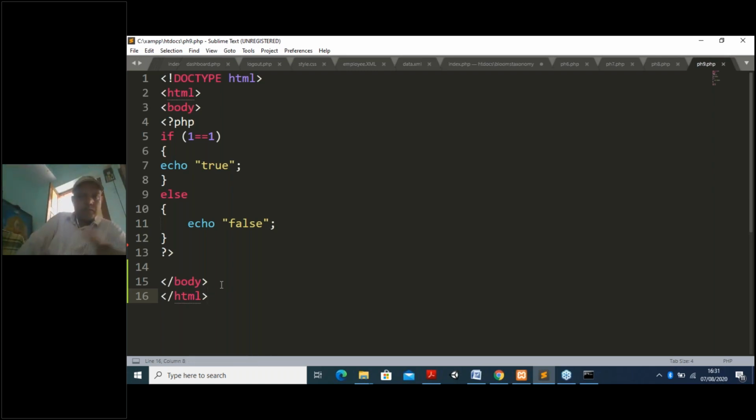Now I am initializing something. I am telling if one is one, then it will show true, else it will show false. Anyway, one is equal to one is a comparison operator. So one is one, then definitely the output will come true. That means if this condition is satisfied, echo, the printing command, will display something. Else, by default, it will go to the next when comparing two or many. So you can use echo, else, elseif, like that, all the things here. So here is a comparison between two. If this condition is satisfied, then display true, else you go for false.